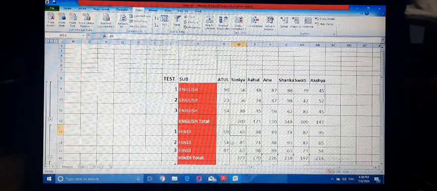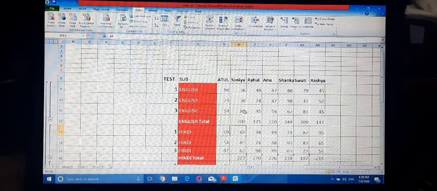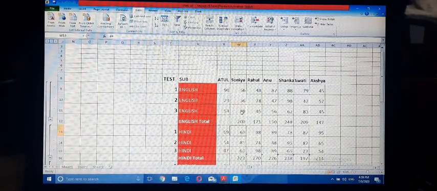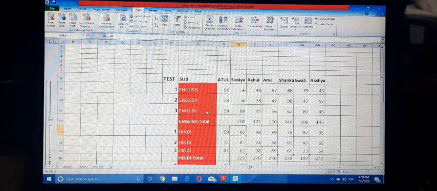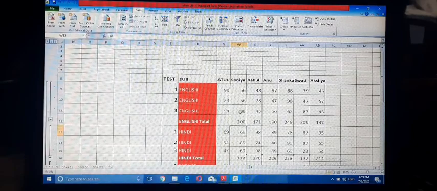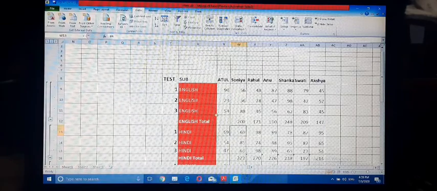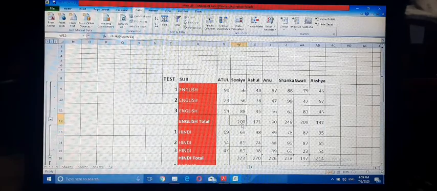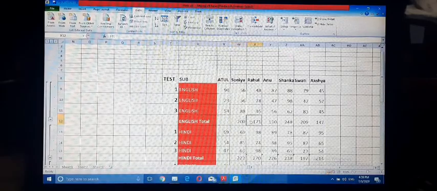So if Sonia would have scored 88 marks in test 3, the English subtotal will be 200. In this way, you can use the goal seek option.